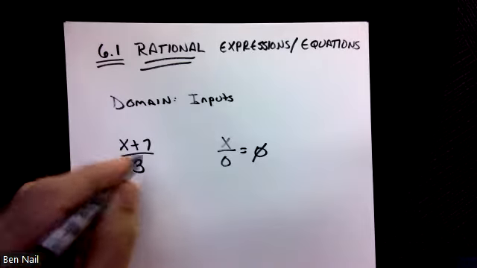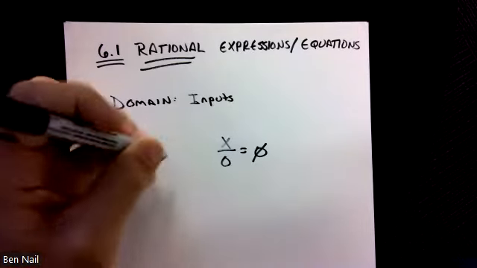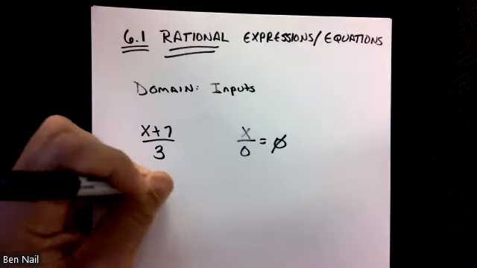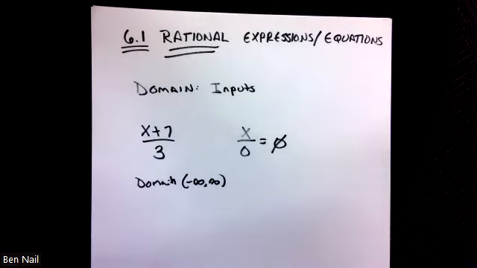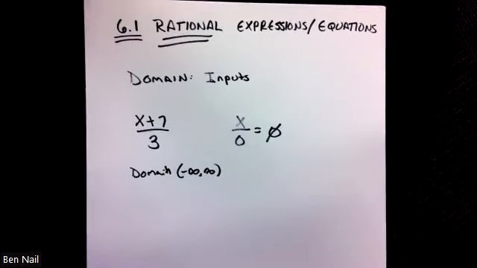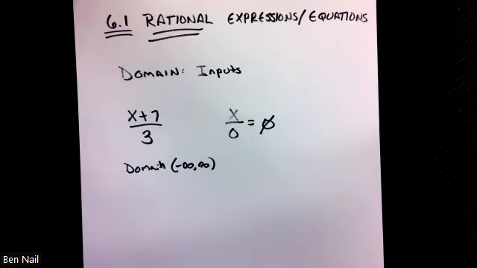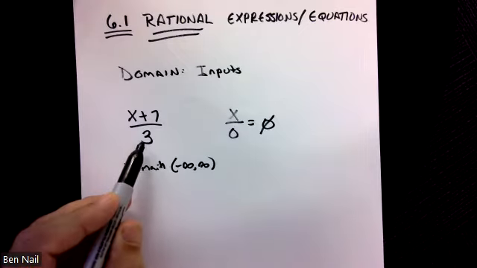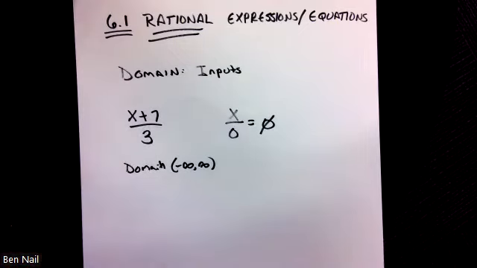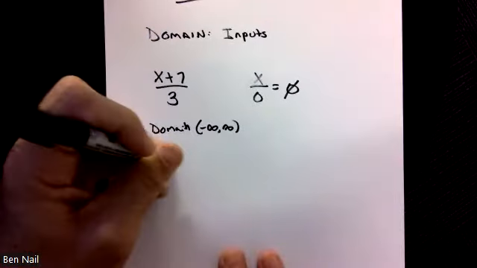So in this particular function where 3 is never going to equal 0, okay, your domain would be all real numbers, everything from negative infinity to positive infinity. Okay, because it doesn't matter what you plug in for x, you're never going to get division by 0. So this you can literally plug in anything you would want to. Now, if I gave you a different fraction,